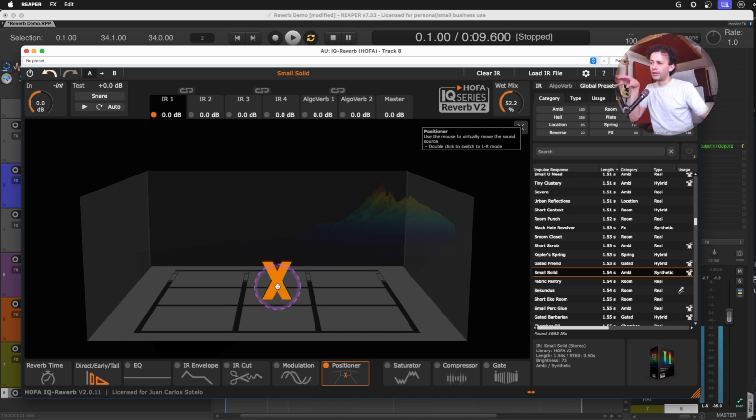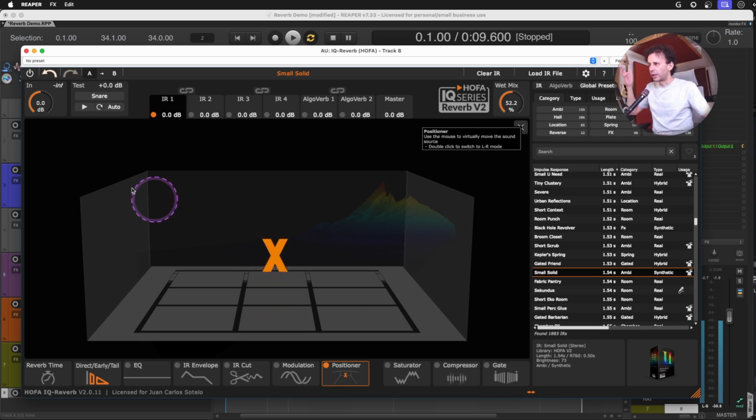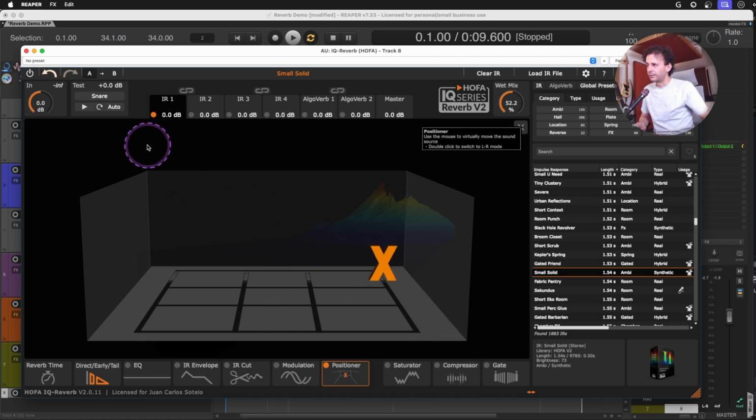And since it's more or less at the middle of the room, I'm going to get a certain amount of high end, because that's also something that tells us how far or how close something is. Because if I move it to the back or to the front, you can listen to that high end moving around. And the low end also varies a little bit, but the low end, remember, loses energy a lot slower than high end information or higher frequencies. And higher frequencies are a lot more directional. So it's not the same to have it here